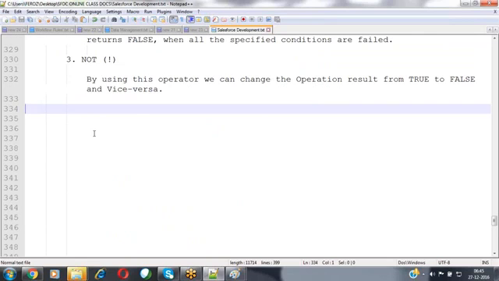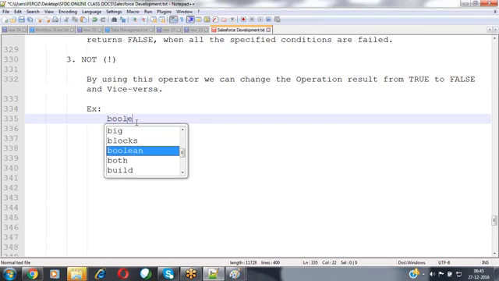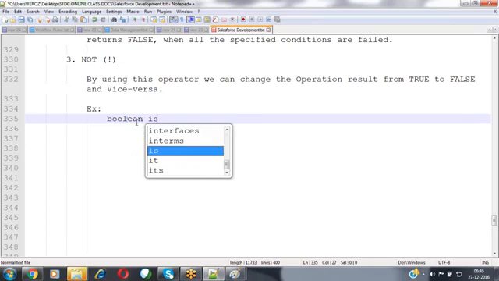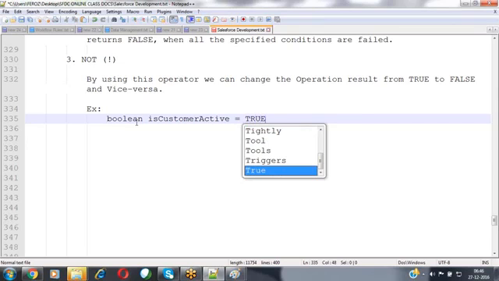Firoz, can you explain the NOT operator with an example? Okay. For example, when coming to the NOT operator, I have a variable, customer active equals true.